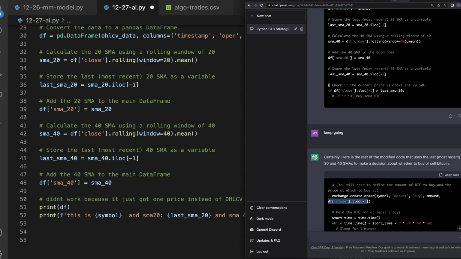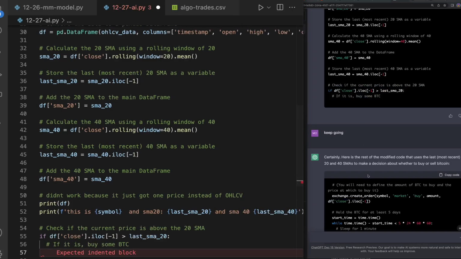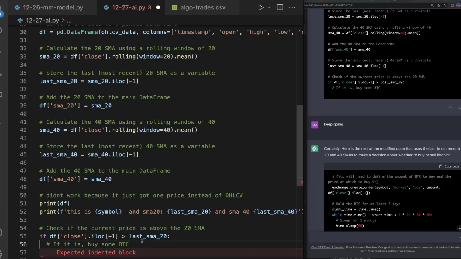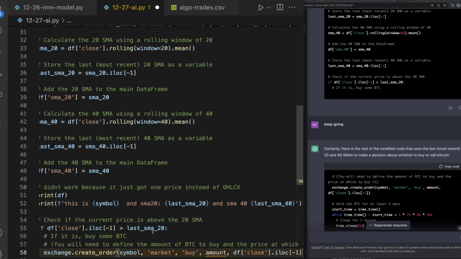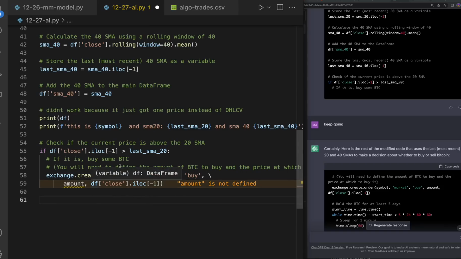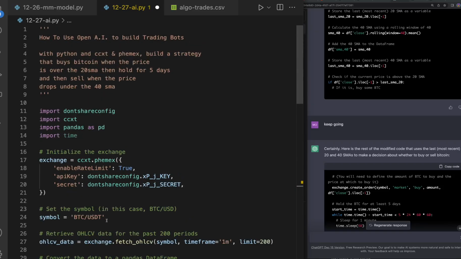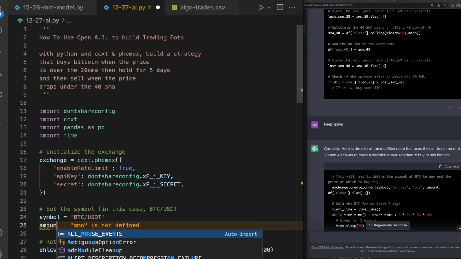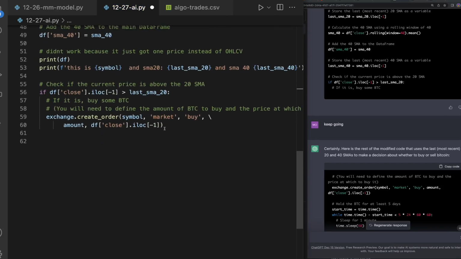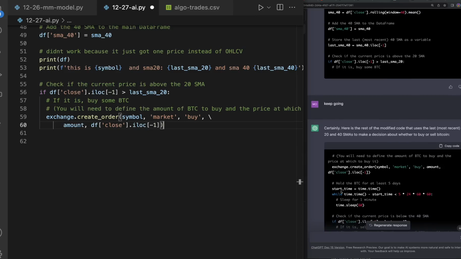I think this is the next part right here. So let's copy that. And then we need to copy this as well. Amount. We don't have the amount. I'll make this so you can see it better. So we need to pick the amount. Let's just do 1 for now. Put that up here. Equals 1. Okay. And then